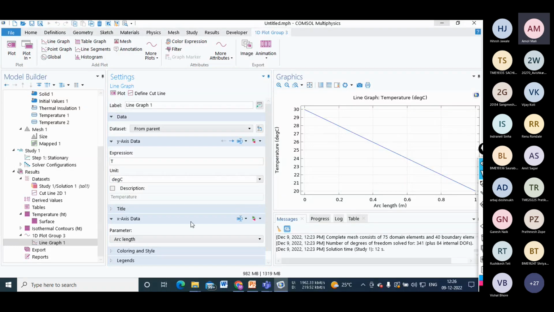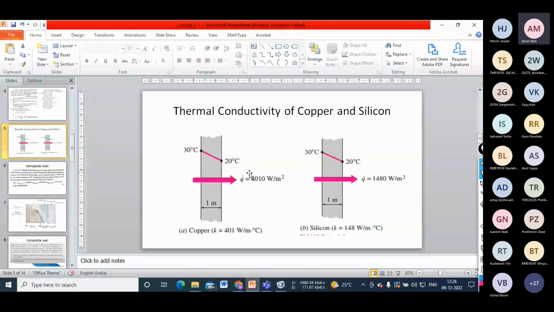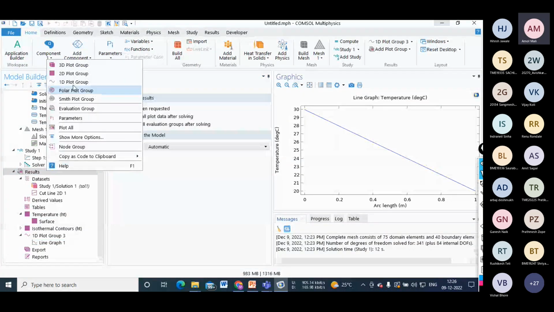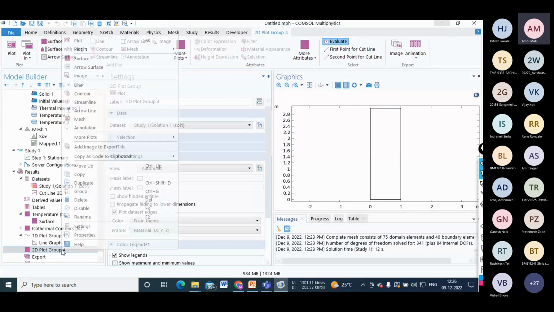Okay, now next to that, we have to see how much heat is flowing from the inner portion of this wall to the outer portion. That we can also show with the help of results. 2D plot, we need to click again 2D plot,